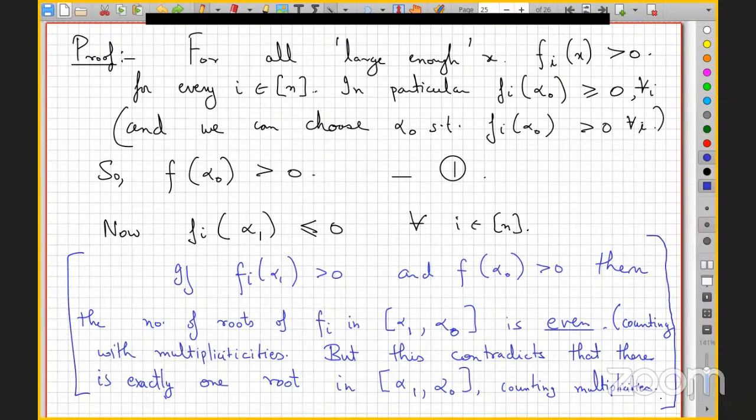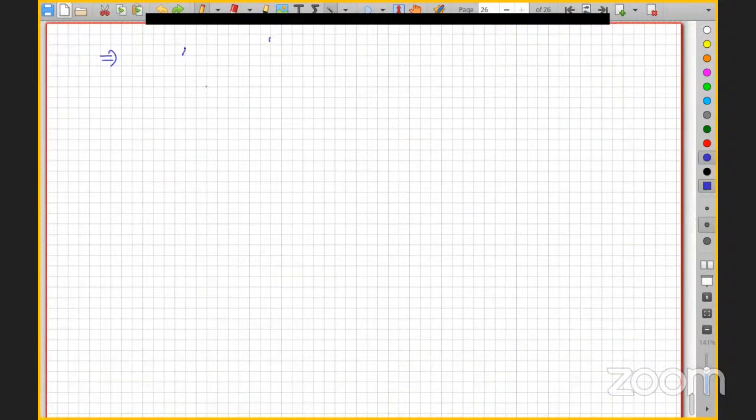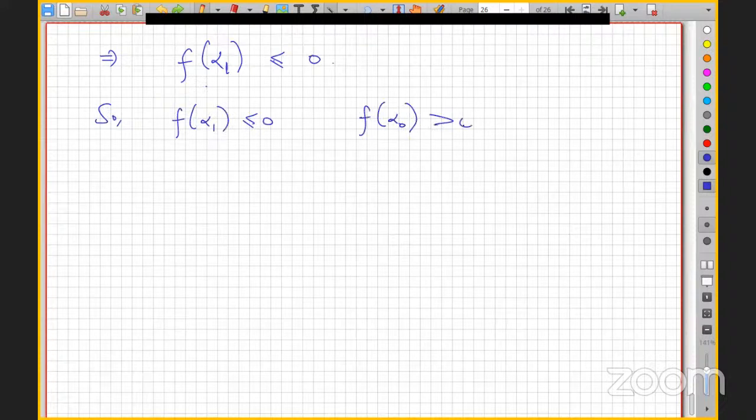So we have that f_i of alpha_0 and f_i of alpha_1 are less than or equal to 0. And this also implies that f of alpha_1 is also less than or equal to 0. So now what do we have? f of alpha_1 is less than or equal to 0, f of alpha_0 is bigger than 0, and alpha_0 is bigger than alpha_1. So there must exist